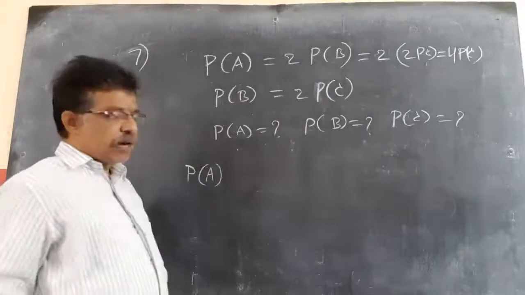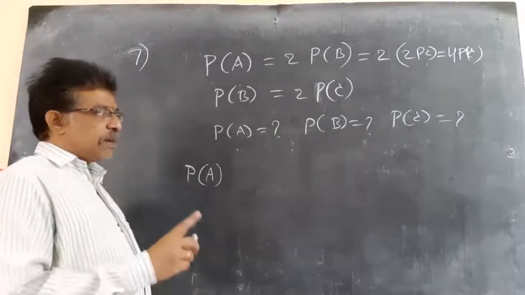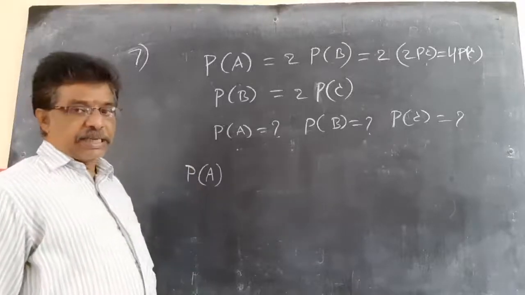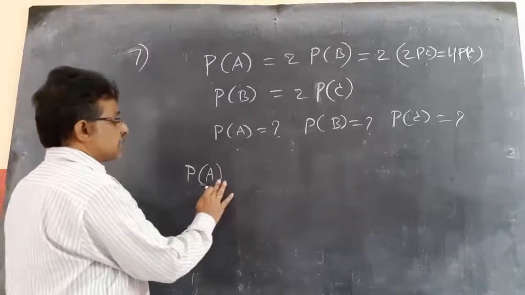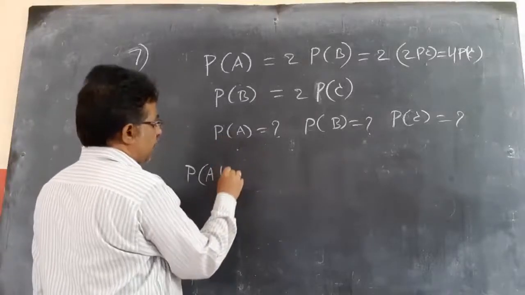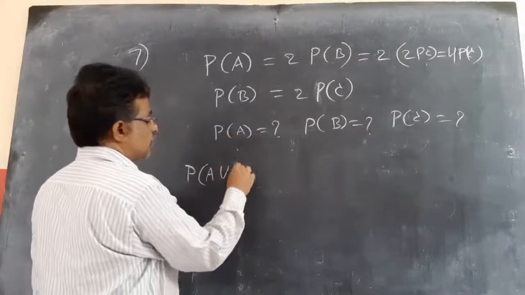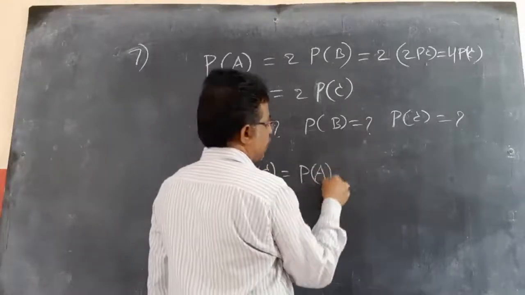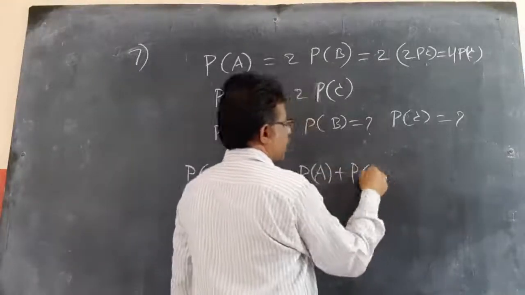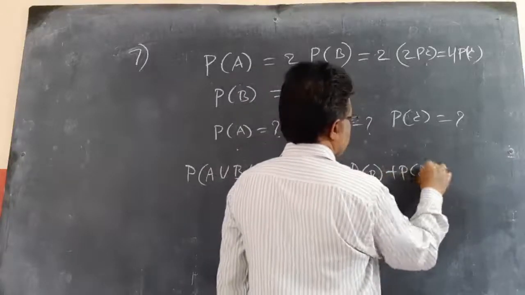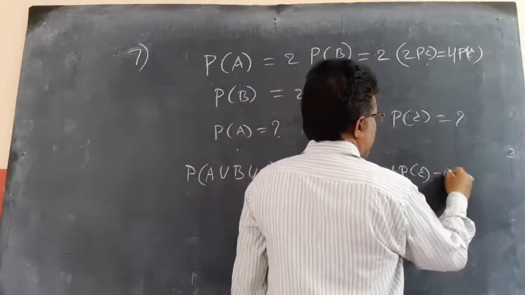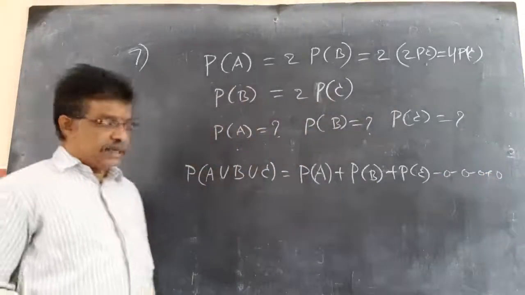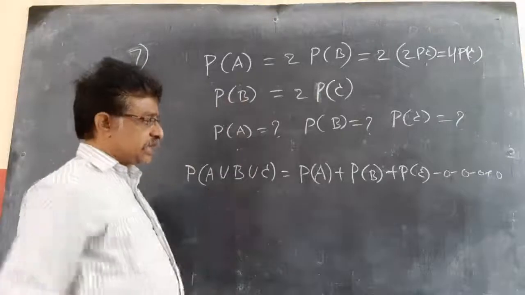That's why the sample space is equal to the probability of at least one of them winning the game. There is no intersection for it. So P of A union B union C equals P of A plus P of B plus P of C, minus 0, minus 0, minus 0, plus 0. P of A intersection B is 0, P of B intersection C is 0, C intersection A is 0.